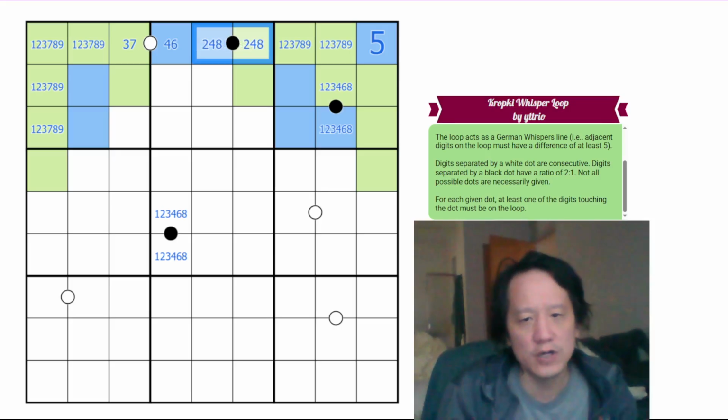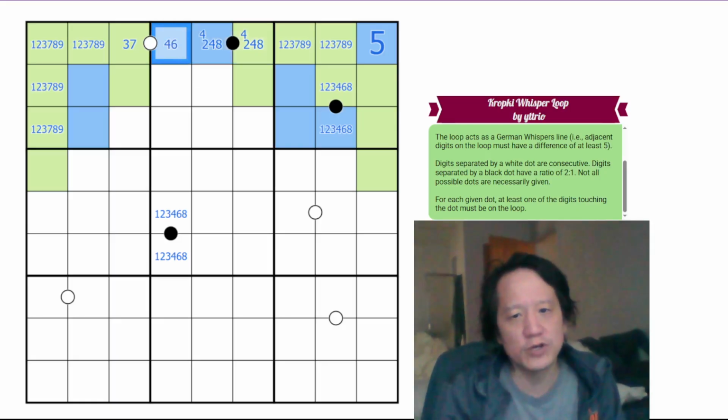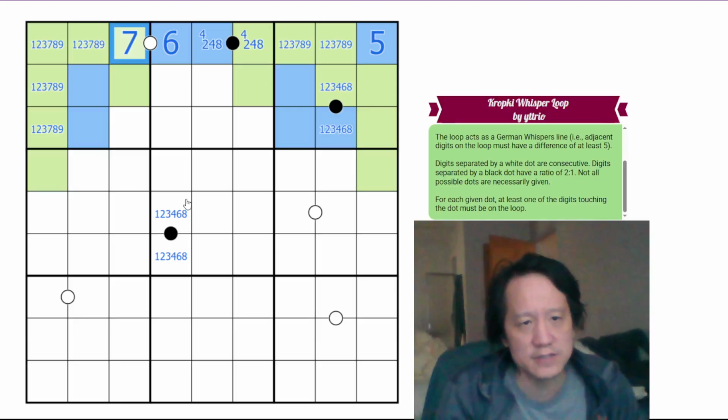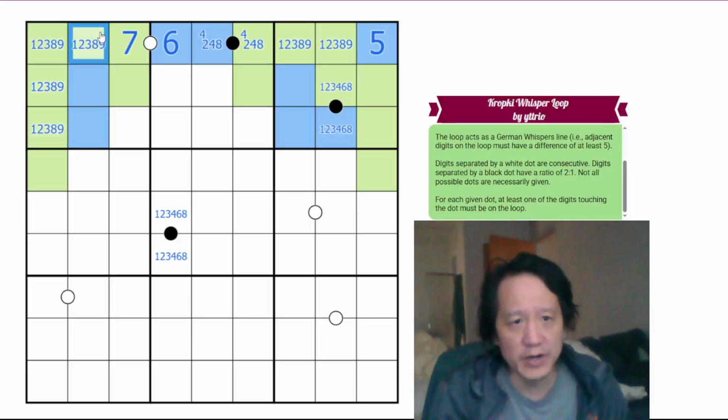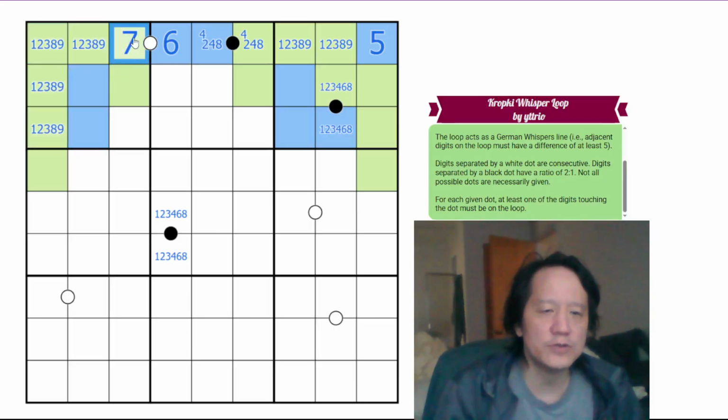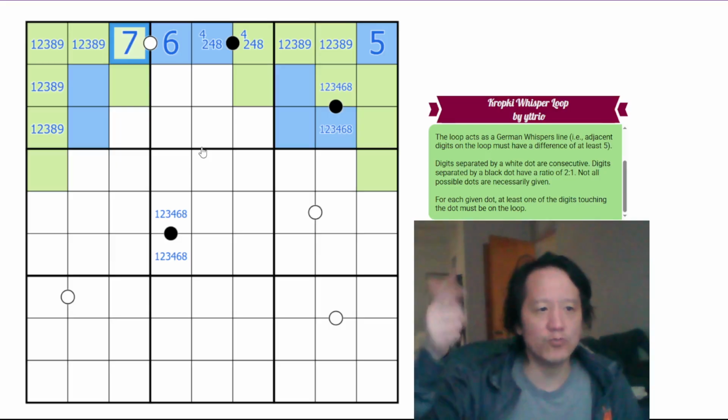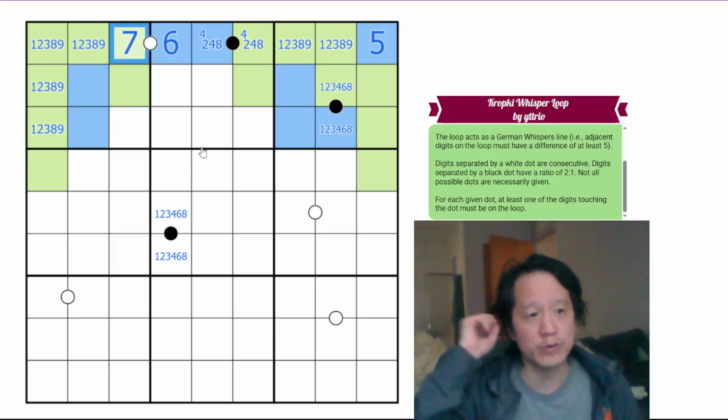Therefore, it's 4 here with 2 or 8. That eliminates 4 here. So this is 6, which makes that a 7. Which eliminates 7 in the rest of the column and box. So this is a high digit, and on Whisper 5 lines, otherwise known as German Whisper lines,